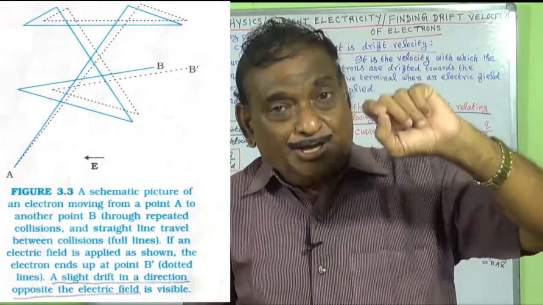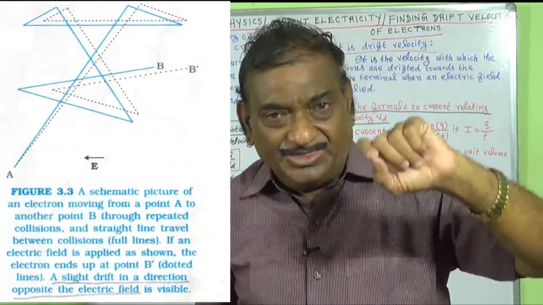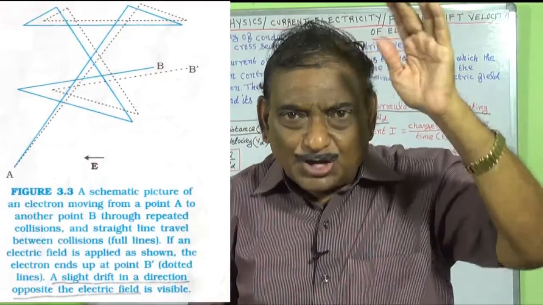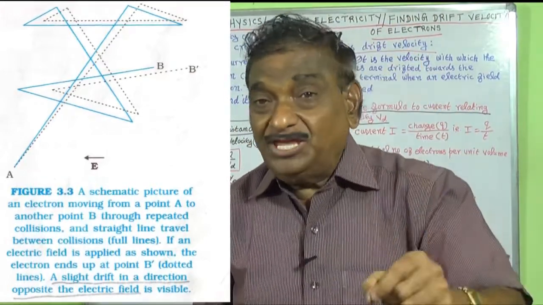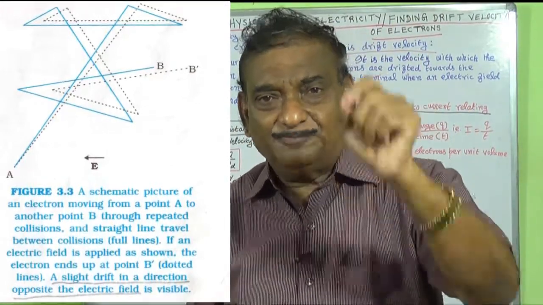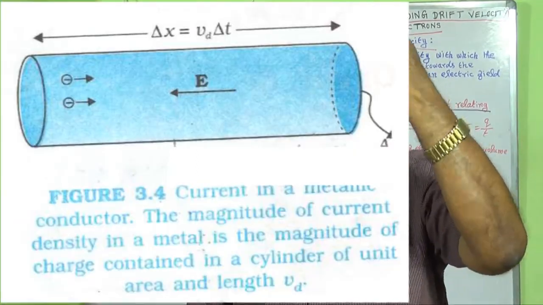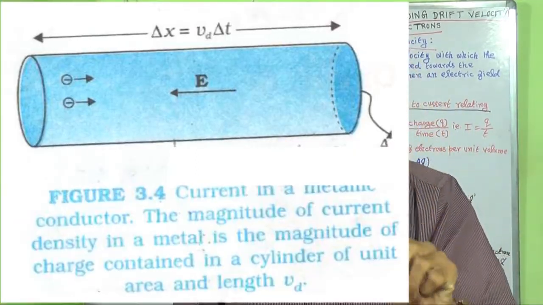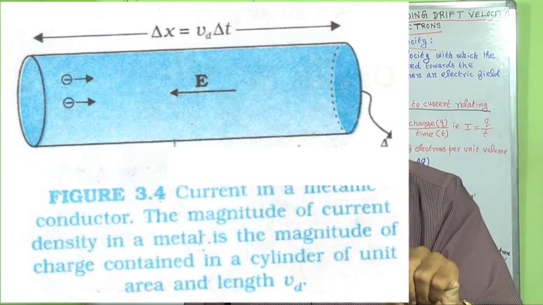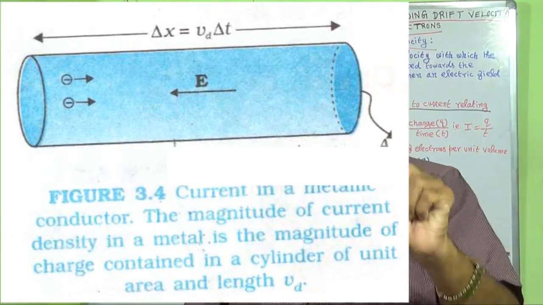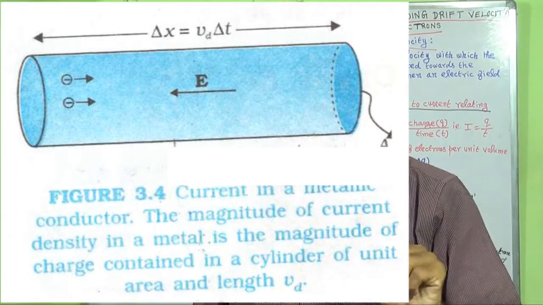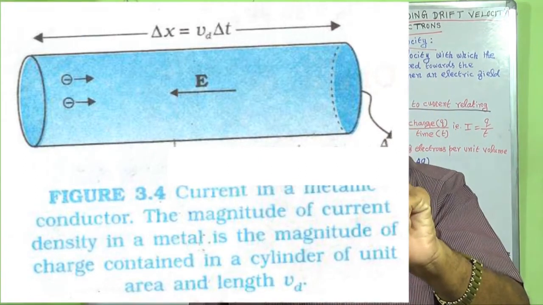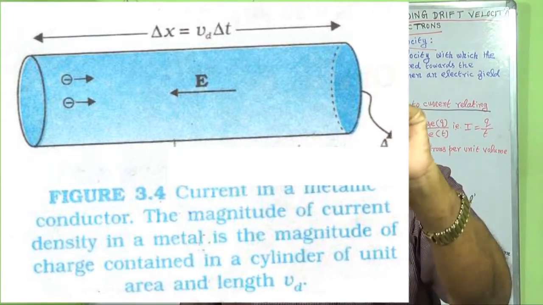On seeing the diagram, you can understand how the electrons are flowing in random directions before applying the electric field, that is capital E. You can also see the diagram to understand the direction of the drift velocity of the conduction electrons. The diagram is also provided for your reference.